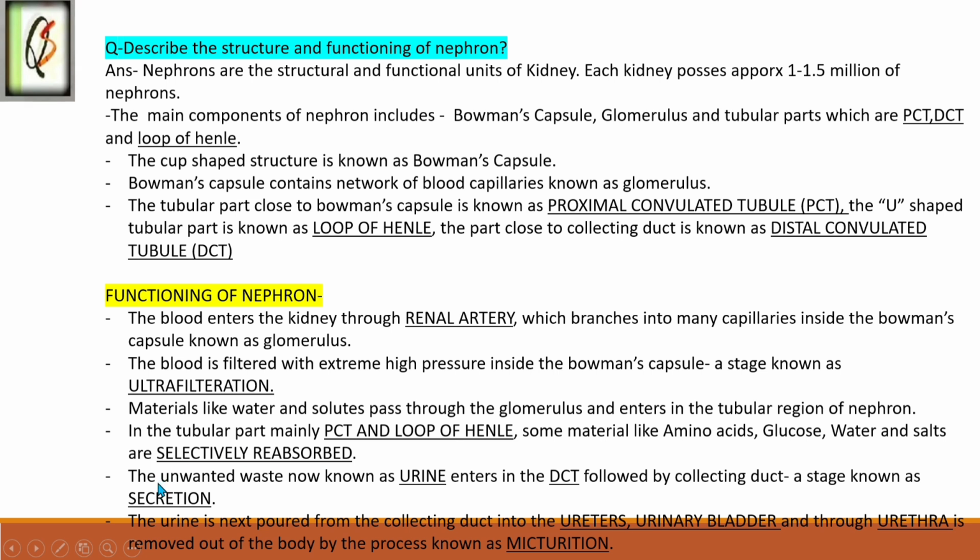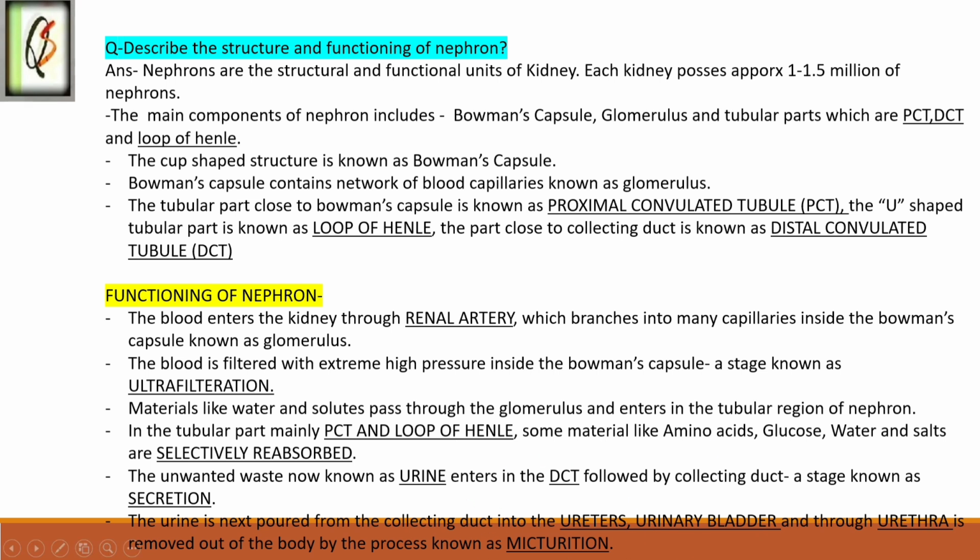And whatever waste remains, which the body does not want, mainly comes in a form known as urine, which enters the distal part of the tubular structures followed by the collecting duct, a stage known as secretion. So this makes up our third stage of urine formation. This urine is next poured from the collecting duct into the ureters, into the urinary bladder, and then finally through the opening which is the urethra, the urine will be expelled out of our body by the process known